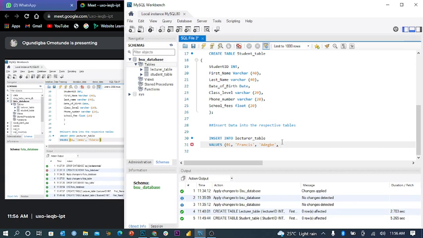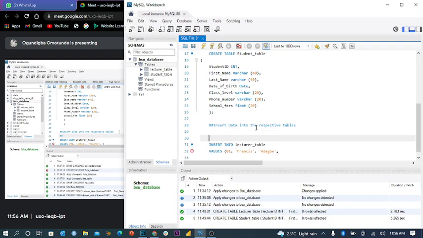Then we have the date of birth. So okay, lest I forget, I have to give you the format for inserting dates into SQL. The format is YYYY dash, then you put the month dash DD. This is a very simple format. Date format.